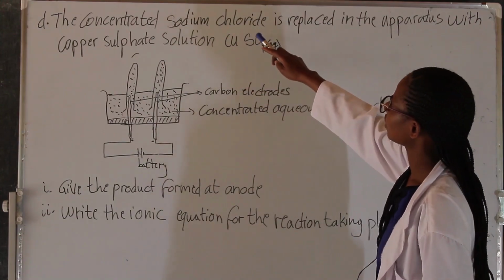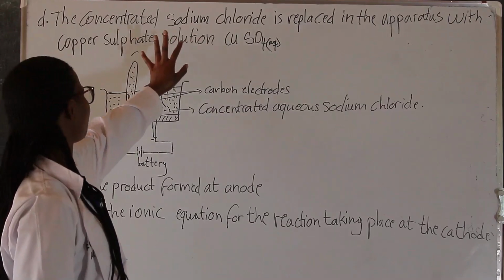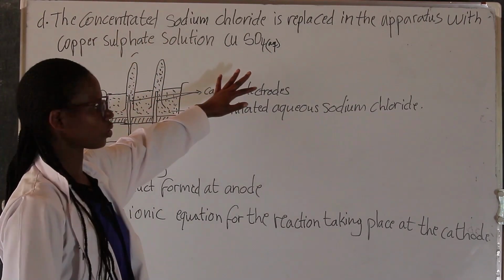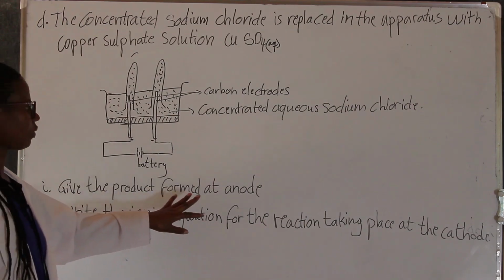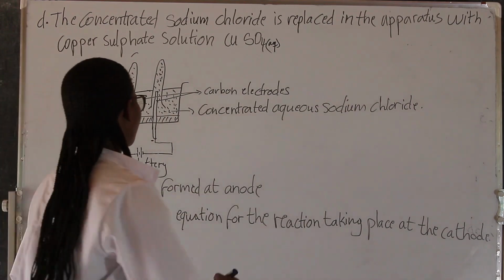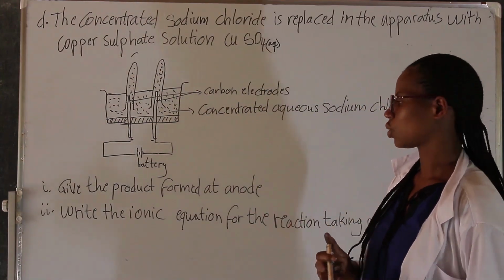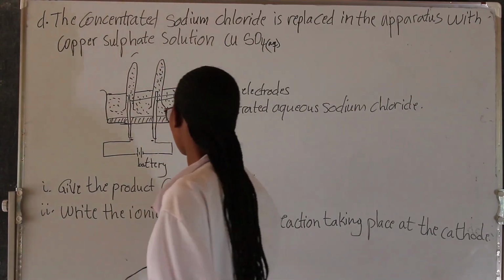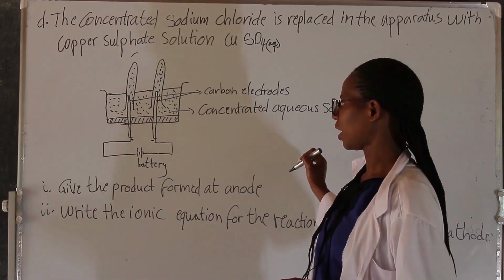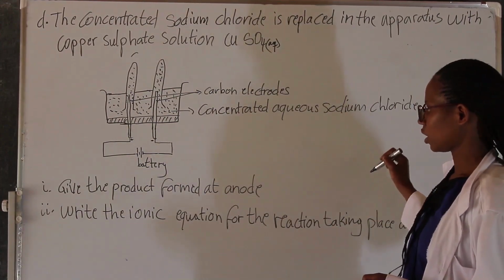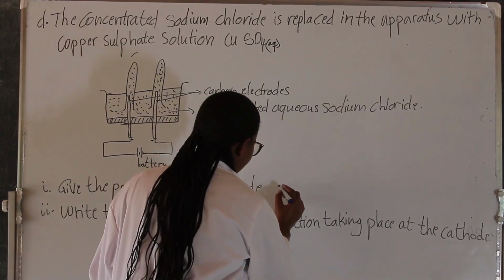The concentrated sodium chloride is replaced in the apparatus with copper sulfate solution, which is also aqueous. Give the product formed at the anode. When we use copper sulfate with carbon as electrode, the product at the anode: we have OH minus, which is oxidized to give oxygen gas at the anode. So the product here is